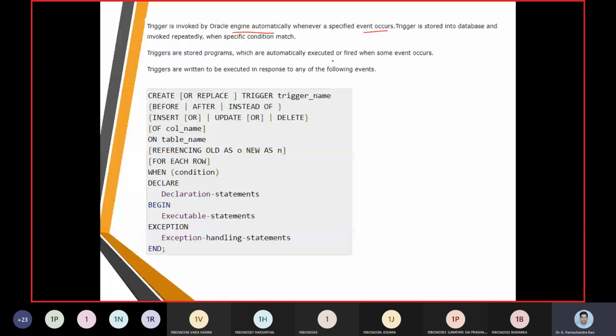Now let us see, we will make an update statement to the customer. So now we are going to say we are updating his salary. Update customer set salary equals salary plus 500 for the user ID 2.